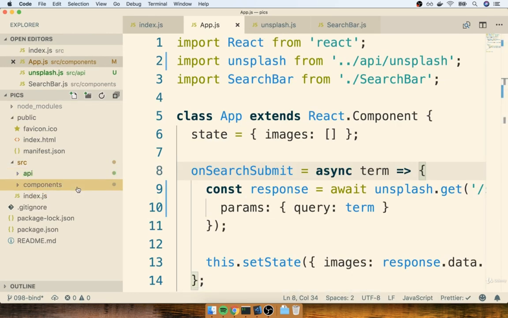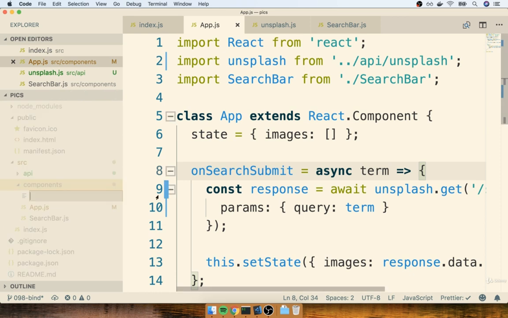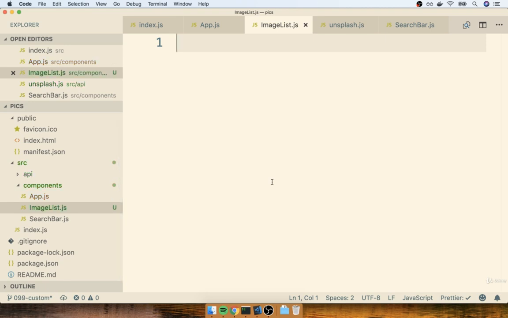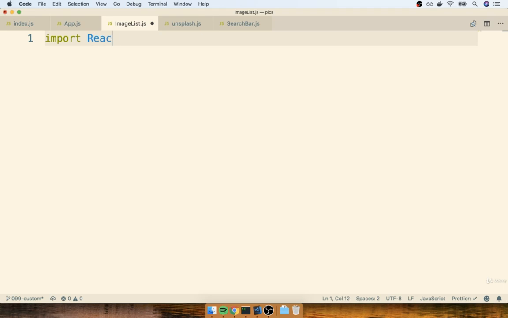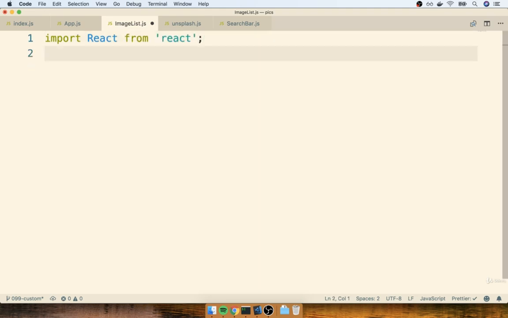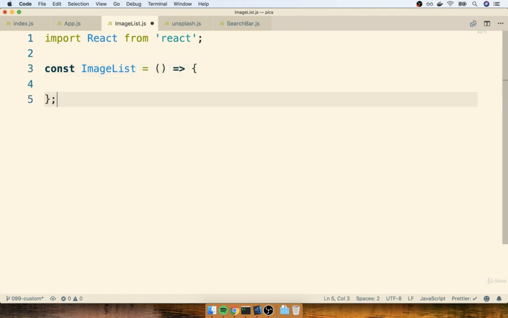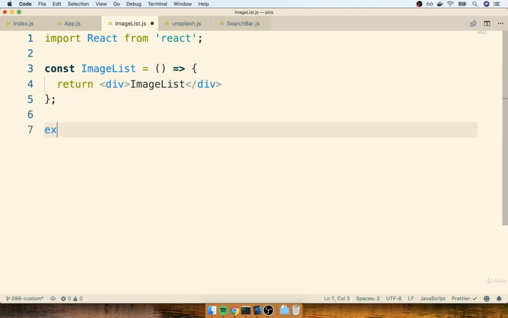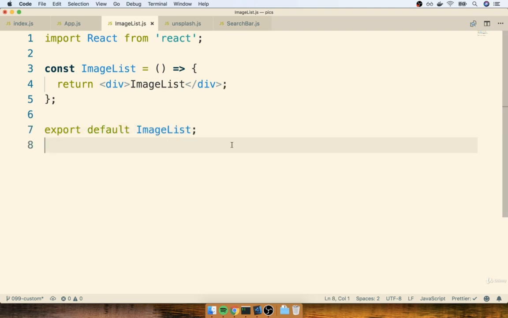And inside the components directory, I'm going to make a new file called the imagelist.js file. And then inside of here, we'll put together just a little bit of markup for a functional component. I'll first collapse my sidebar right here, and I'll say import React from React, and I'll define const ImageList. I will return a simple div that says image list for right now, and I'll do an export default of ImageList at the bottom like so.